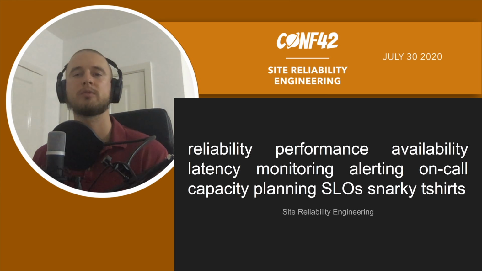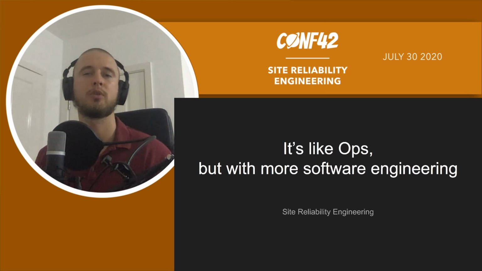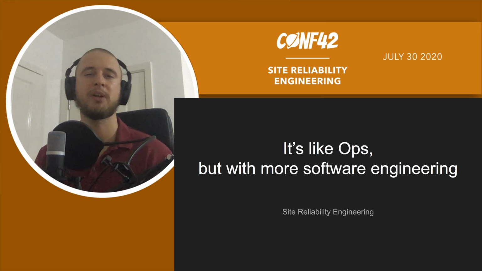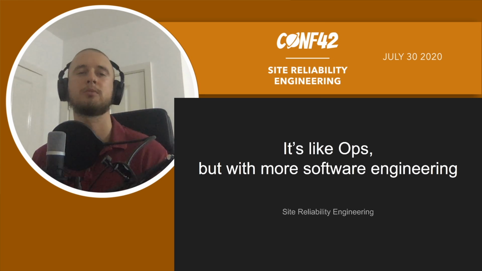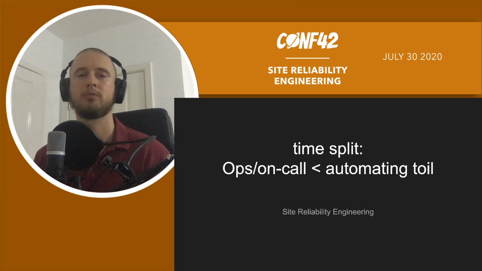And some of you will be like, okay, well, that kind of sounds like operations. And yeah, bingo, that's basically what it is. It's operations just with more software engineering to it, right? The software engineering being used to remove the bad bits, to try to automate the bad bits away. And the bad bits have a really funky name, a nice name: toil, right? We typically speak about toil when we talk about SRE.